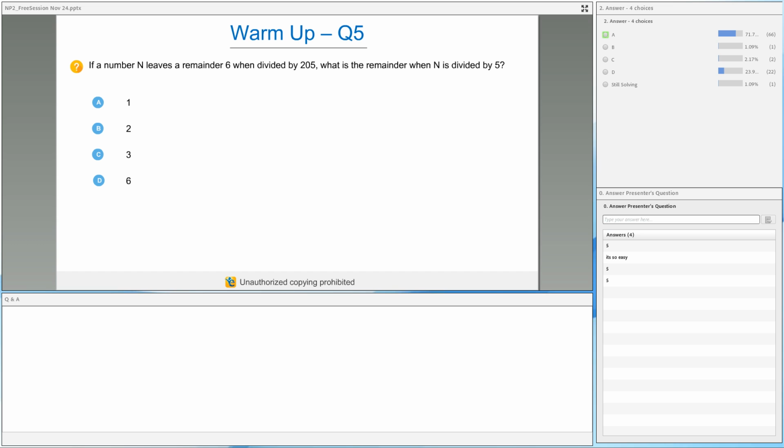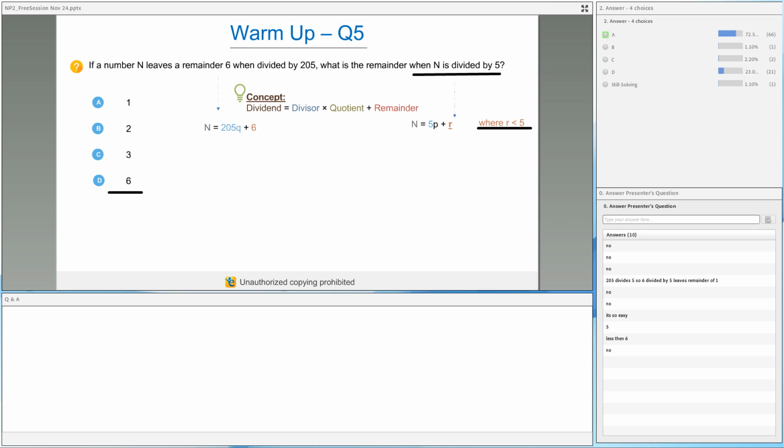The divisor is 5, right? Now tell me, if the divisor is 5, can the remainder be 6? Can the remainder be more than the divisor? No, right? So when you were marking 6, you should have questioned yourself. It's very important. That is why I was emphasizing the remainder in the previous question. Everything in this remains the same. So in this case also I need to express n in the form of 5p plus r, where r is less than 5. Always write down these things on paper so that you never forget and mark the wrong answer.